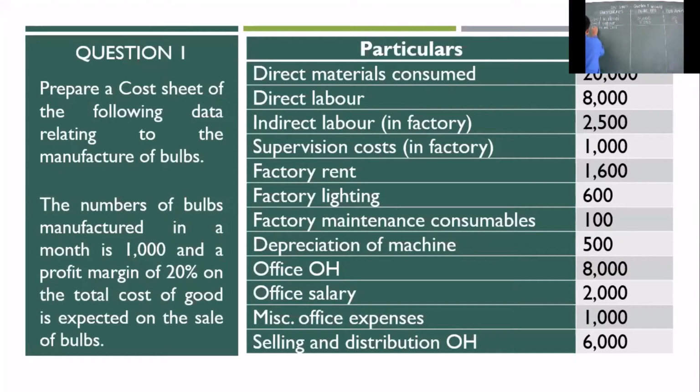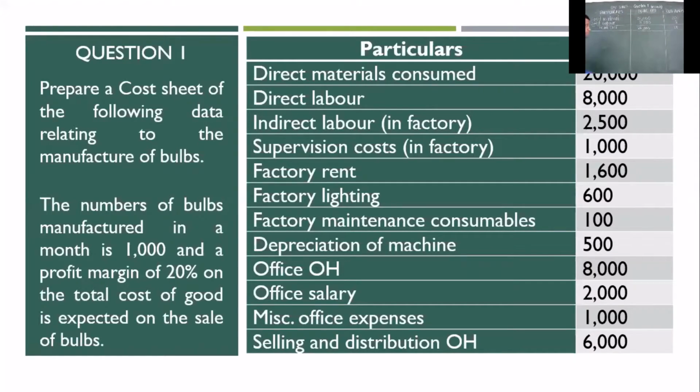Now, for representation, it is always good for us to highlight the divisions of cost. For the person who's looking at a cost sheet, for them to understand it easily, it is always good for us to highlight the divisions of cost. So now this totals up to 28,000 and cost per unit is 28 rupees. Now we are done with the first division of cost.